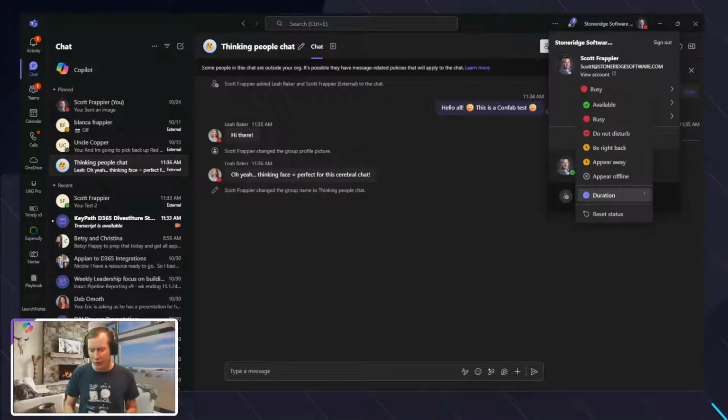And that's another thing I want to note too. Presence, it's not fully accurate. I know for a fact that all of a sudden I'll go to chat somebody and they were green and it turns yellow to away immediately. If you're using presence as a manager to see where people are at, you're going to be disappointed because there's lots of ways to basically hard code presence so that you know or don't know where that is. I use it as a general tool to see if somebody may be currently available.